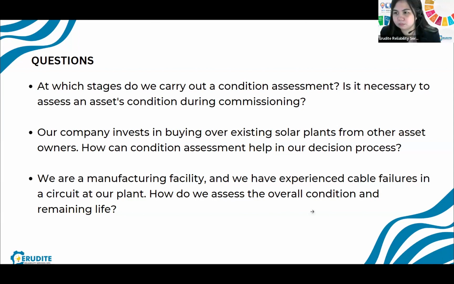Where is the asset at birth or installation time? So if you do a condition assessment of an asset during commissioning, you have the baseline data to start off, and then over time you develop a trend. So even in the first year, you are able to look back at what's happening from previous to the current situation, and I think it gives you some power for analysis.